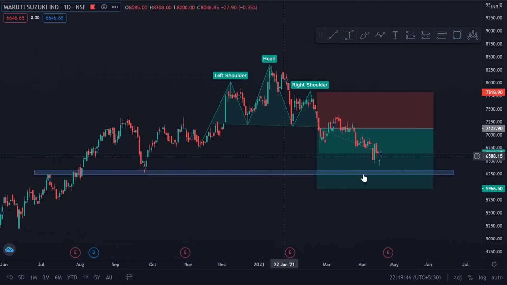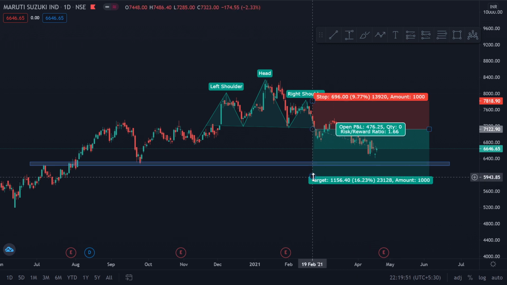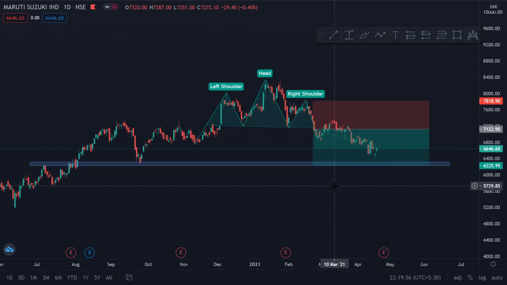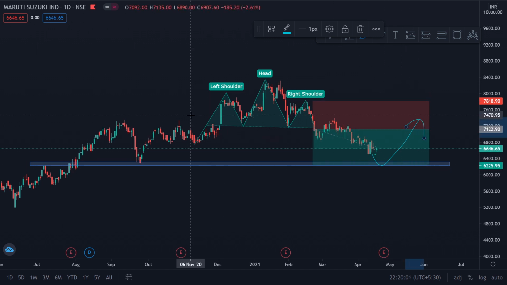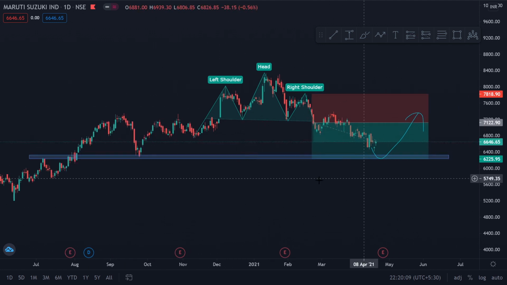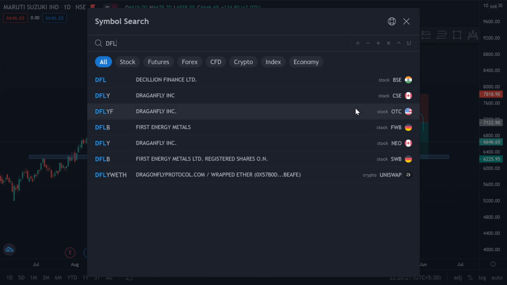So when price approaches this level, I'll see the price action, whether price is showing any signs of reversals, and if there is a sign of reversals, then I better book my profits right before I go into further losses. But there is a very good chance that price may turn around. There are many other traders who trade on support and resistances as well. Not everybody in the world is looking at this pattern itself, and not everybody has their targets in this area. So I will have to adjust to the price action as well while taking the supports and the targets and stop losses. And another example is in DLF.